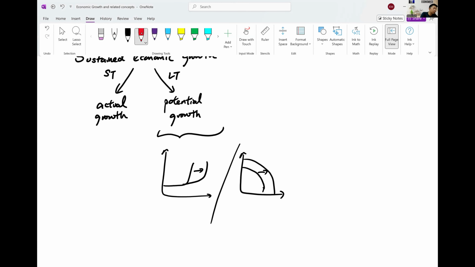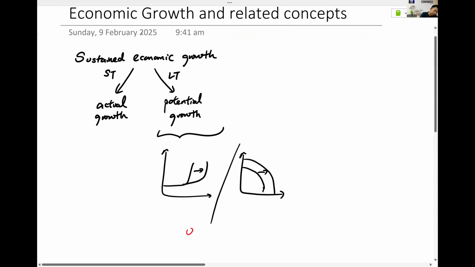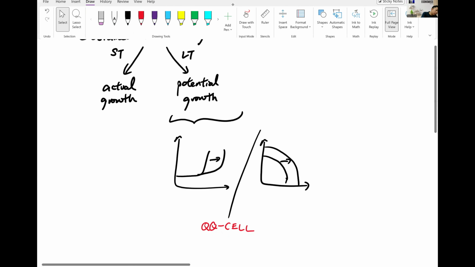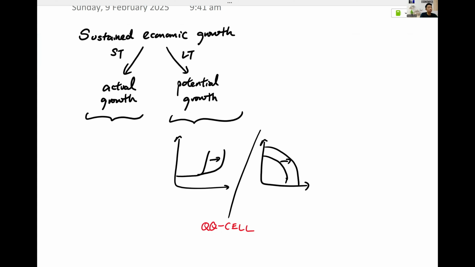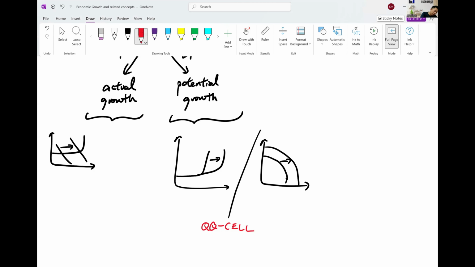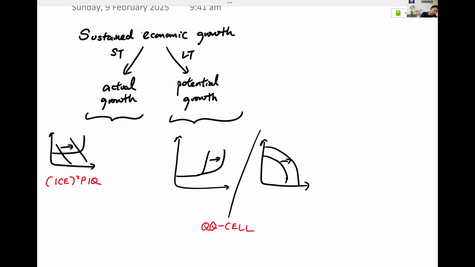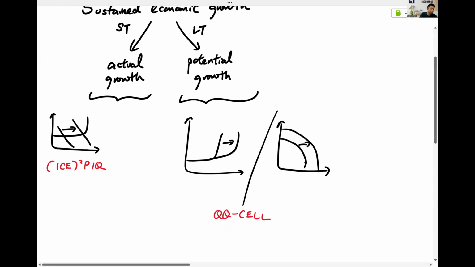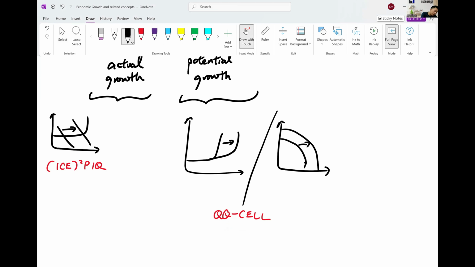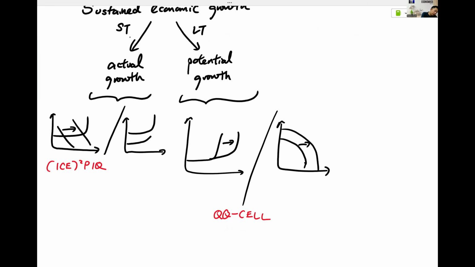What are the drivers of potential growth? QQ cell, very good. Now, is anyone not clear what QQ cell refers to? Because later you need this to answer the question. Anyone in doubt as to what QQ cell is? No. Okay, very good. When you look at actual growth, there are two forms. The first one is a rise in AD, which I reckon you are all pretty comfortable with, is ice peak. Yes, when AD rises. But do you know actual growth can also be due to a rise in SRAS,